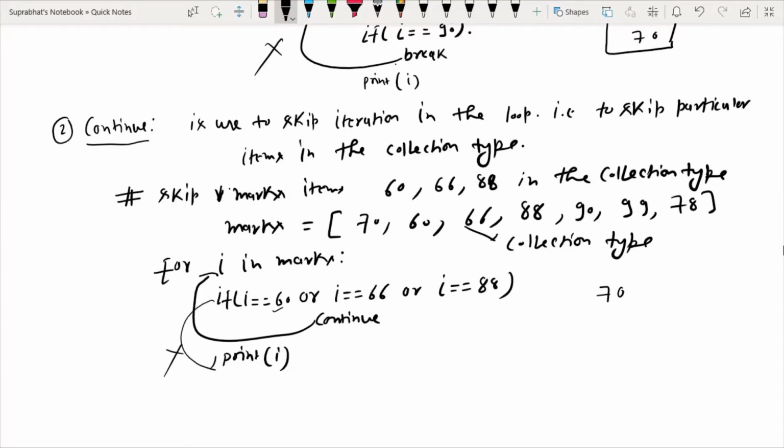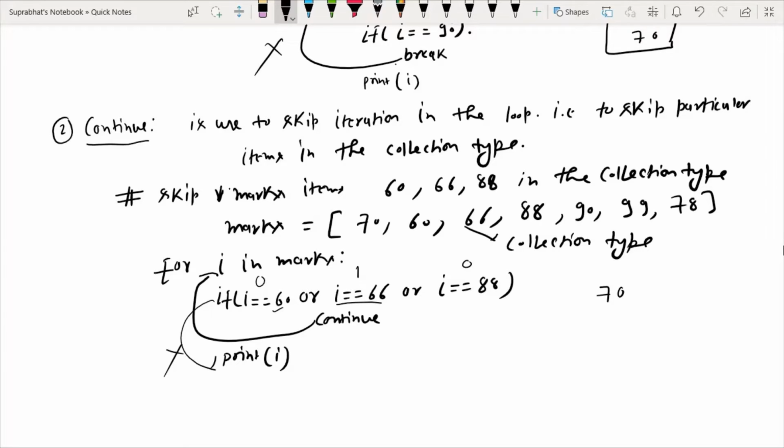Now the value is 66. 66 comes into i. It checks i equals 60, the condition is not satisfied, but this condition, i equals 66, is satisfied. So it gives 1, this is 0, this is 0, again the OR operator among them gives 1. So it will skip 66 also, and nothing will be printed.